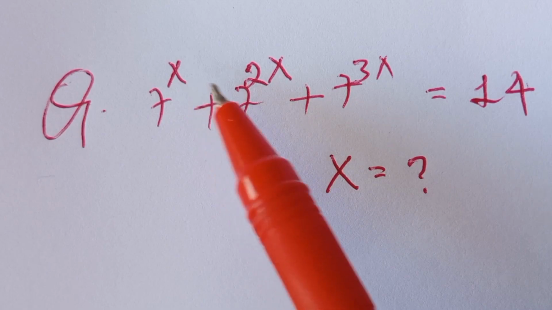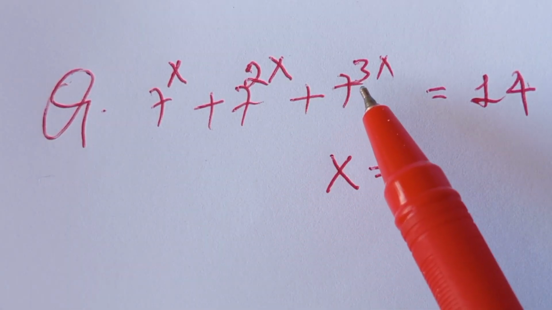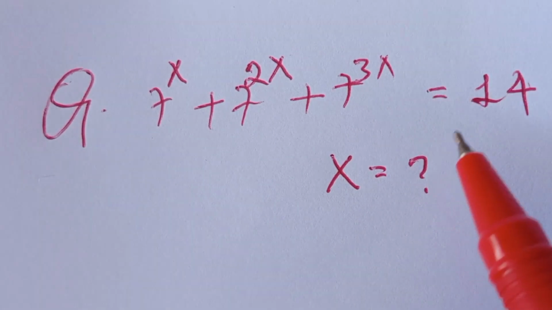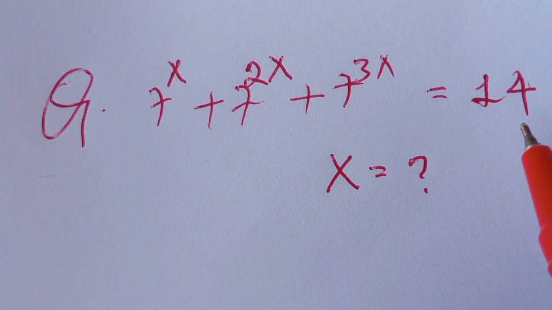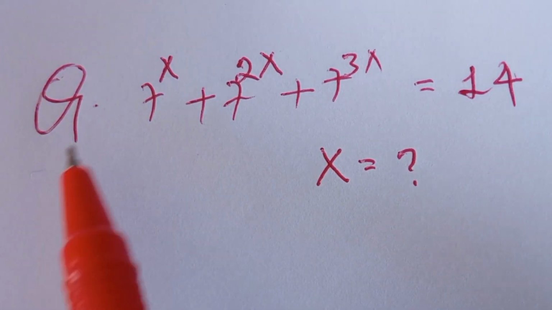How to solve this value of x? 7 to the power of x plus 7 to the power of 2x plus 7 to the power of 3x, which is equal to 40. So what is the value of this x? Solution: